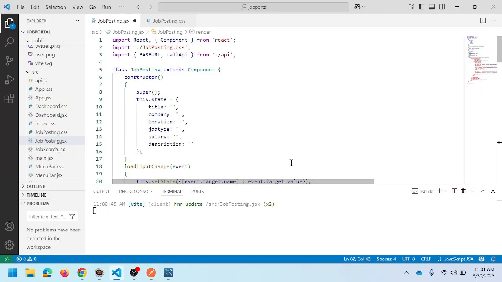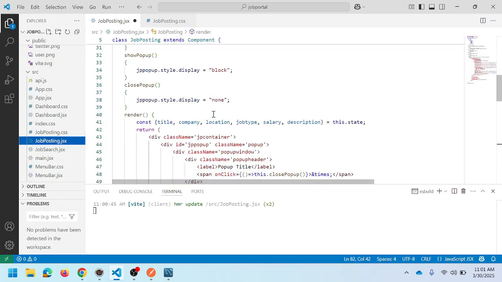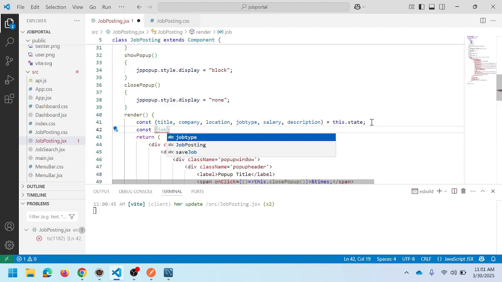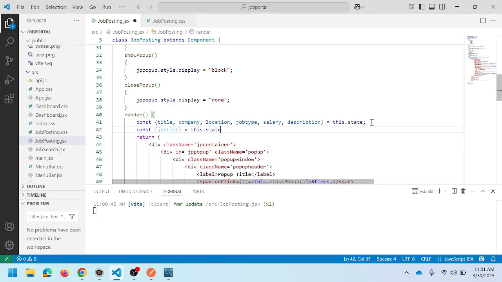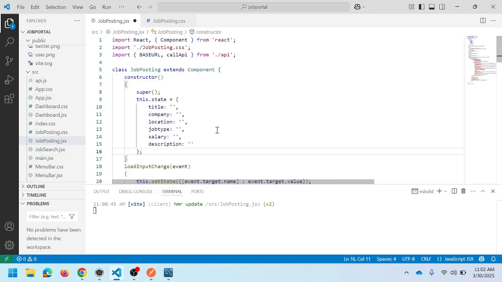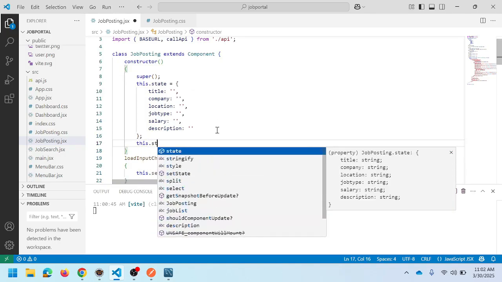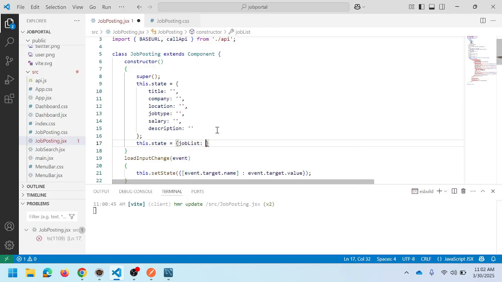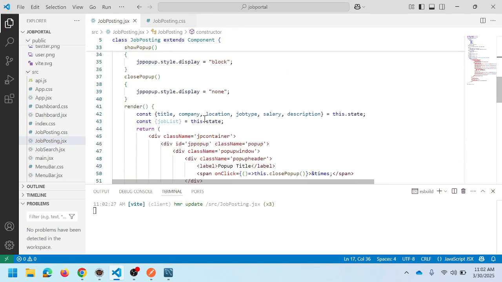Open the front end and go to the file JobPostings.jsx. Inside render, create a state to handle the job list. Constant, name of the state, jobList. After creating the state jobList, initialize it in the constructor. So go to the constructor. Here we can initialize this.state equal to the name of the state, jobList, with an empty array. After initialization, go to the render function